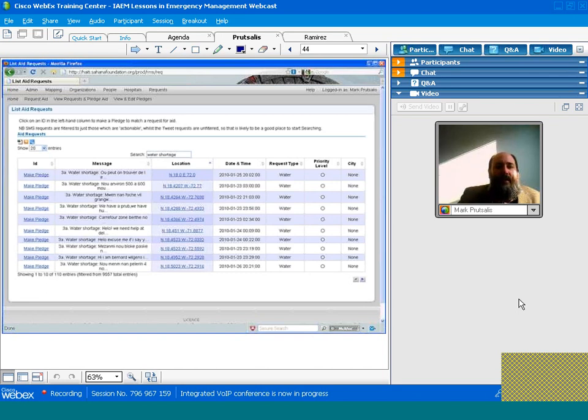So what that allowed was this, for example, shows all of the information that came from Project 4636 related to water shortages. And as you can see, in the middle column under location, all of these posts have been geolocated, so you can see them specifically on the map where the request is, and it allows organizations to make pledges against it that can be tracked by priority or filtered in some other means. The next slide